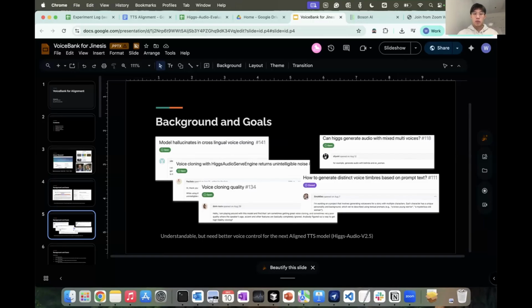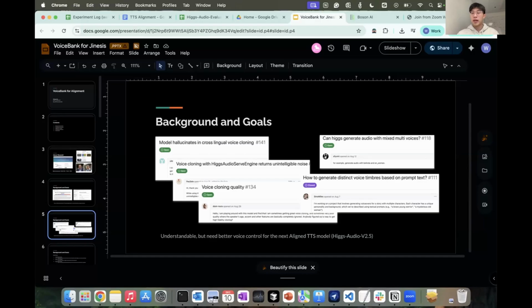For example, lots of people are saying the voice cloning ability of the model is not that good. Voice cloning is when you give the TTS model a voice and want it to generate audio in exactly the same voice. They're also saying the voice control ability of the model is not stable.